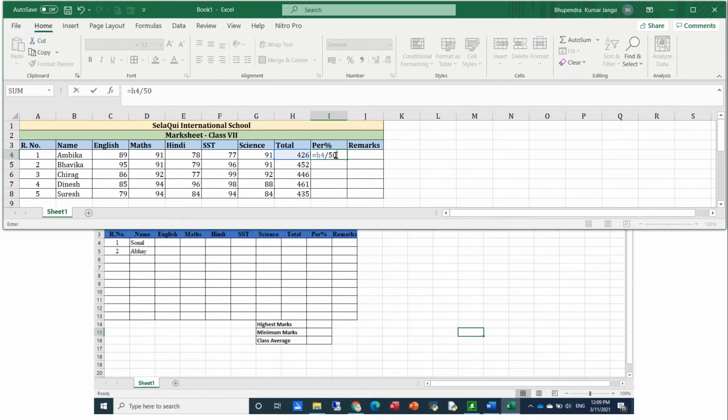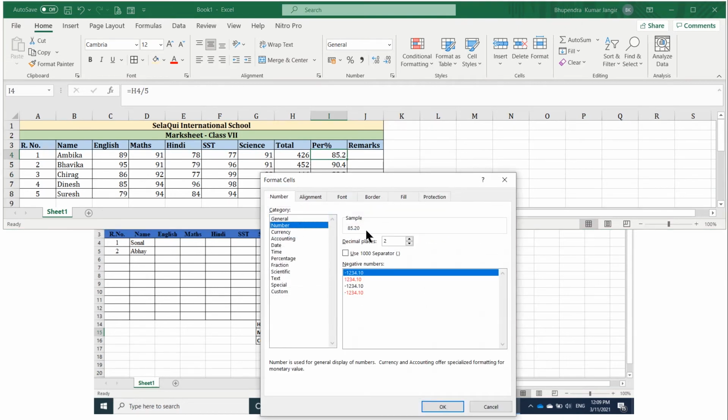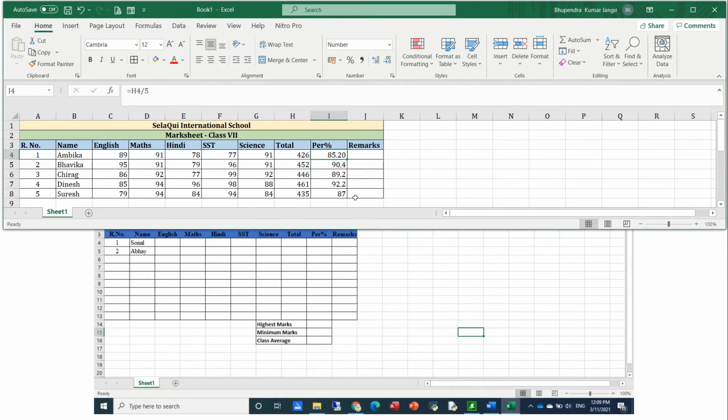So I can simply divide by 5 and it will give me the percentage marks. So this is providing us the result. We can format this cell also, I'll go to format cell, number and up to 2 decimal points, so it will be uniform. And I need to drag it down again so that it will be uniform. Remarks I do not want.